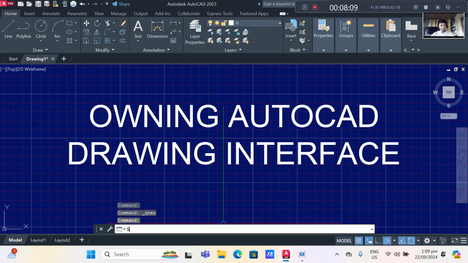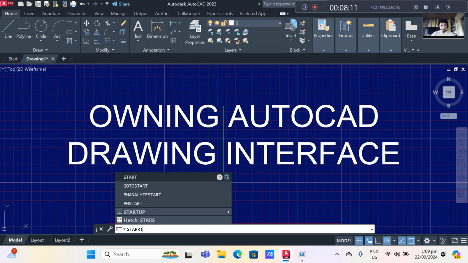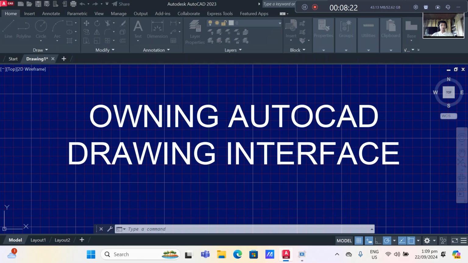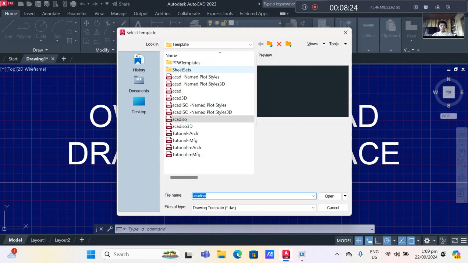You can also make another startup by typing startup, then type 2, then enter. In this, immediately you will go to these templates, and you can just choose any options you want.